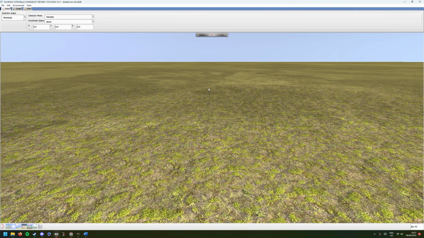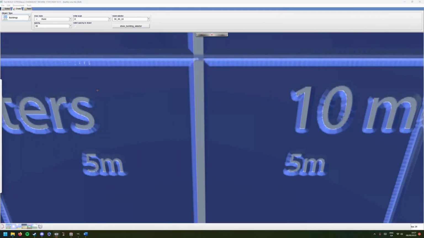Now what you want to do is, if you had TEd open during all that time, anytime you add new pack files or you edit any existing ones, you're going to have to relaunch TEd just to make sure that the changes come into effect. And that's what I've done here. So now I can go into buildings. I'm going to find my Western Buildings 1,